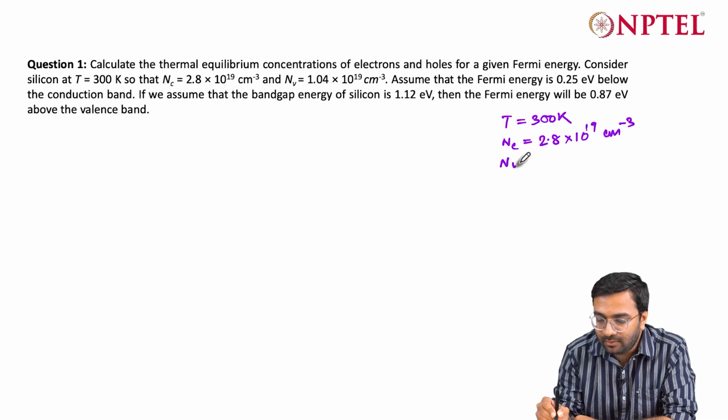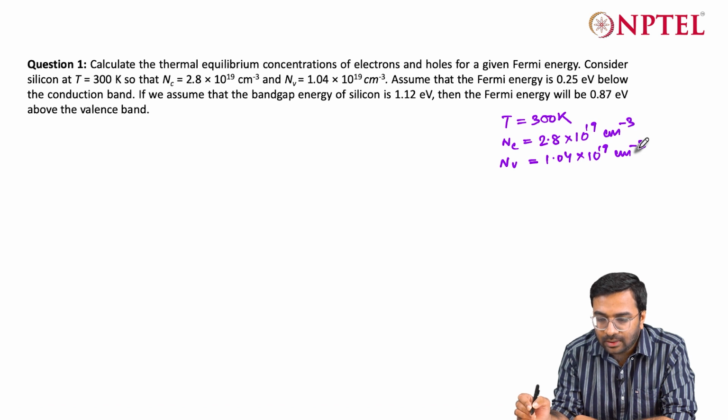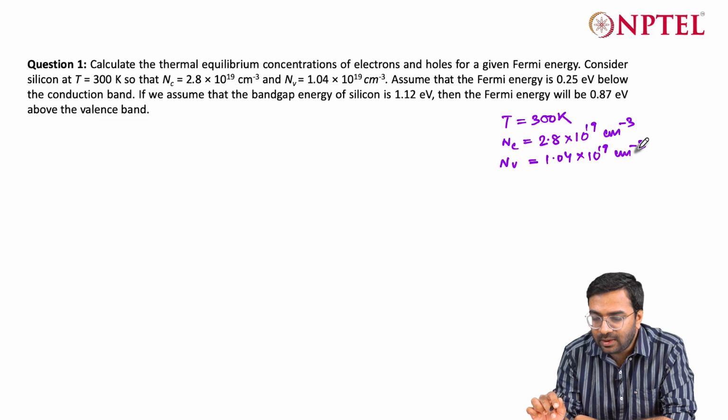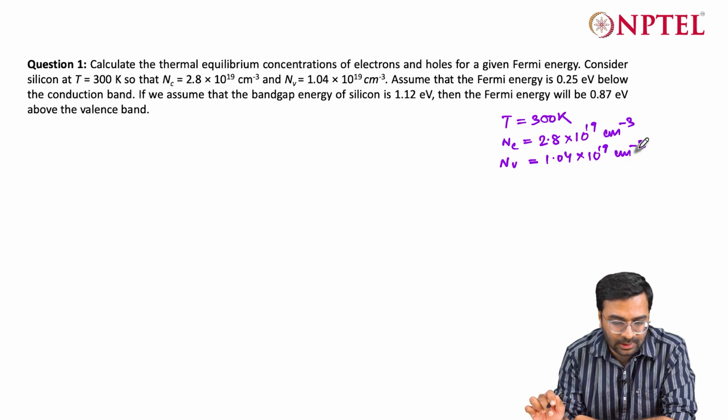The value of Nv is also given, which is 1.04 into 10 to the power 19 per centimeter cube, and the Fermi energy is given as 0.25 electron volt below the conduction band, meaning